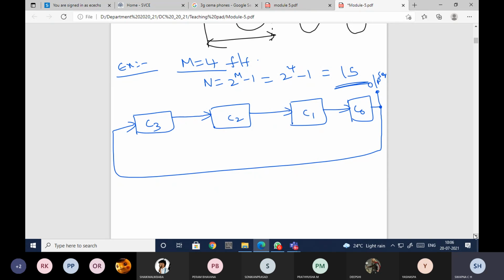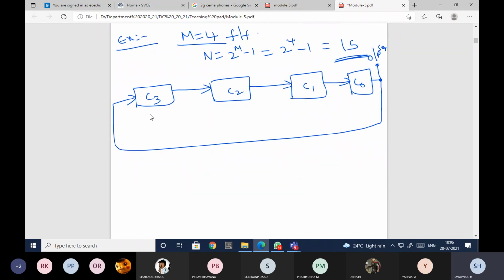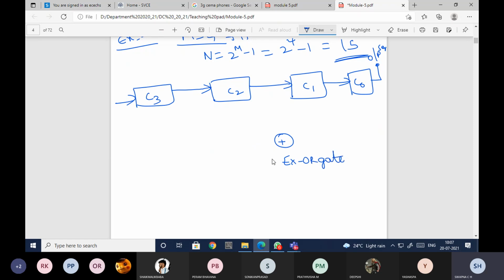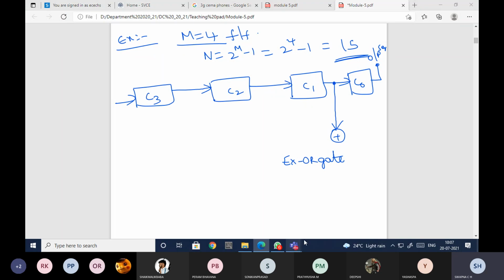Now, one more thing I forgot to take here. Instead of directly feeding back, we will use one XOR gate.